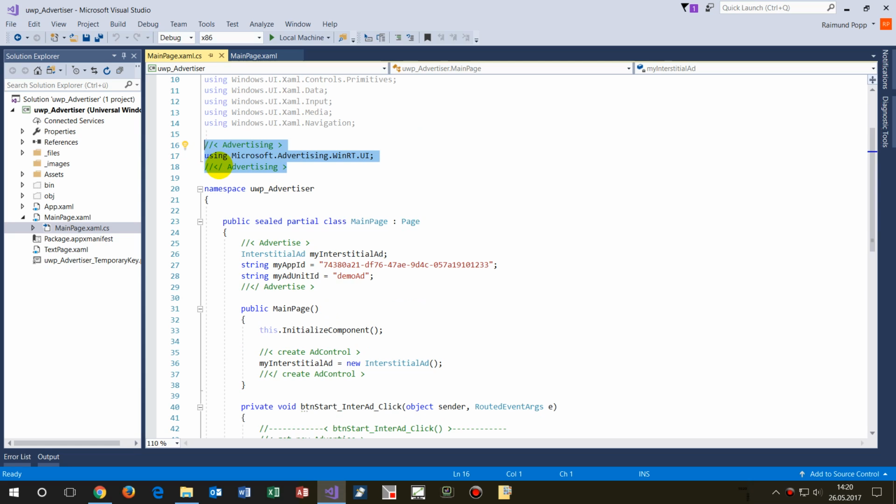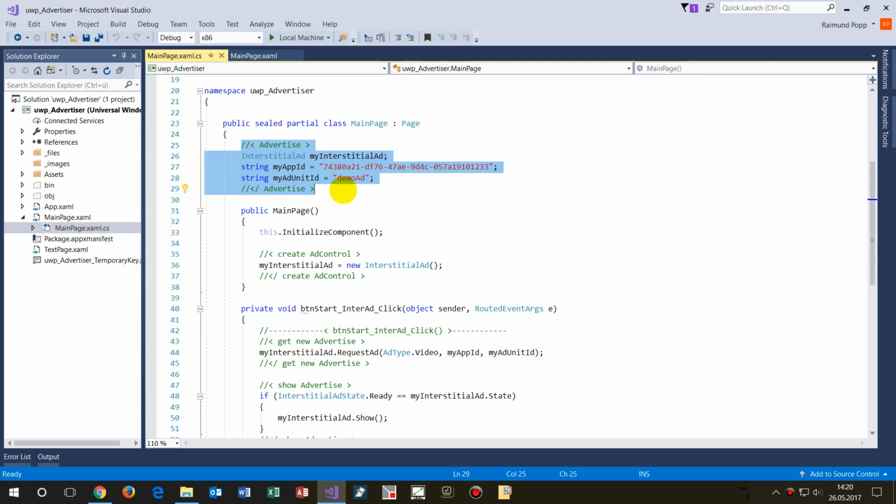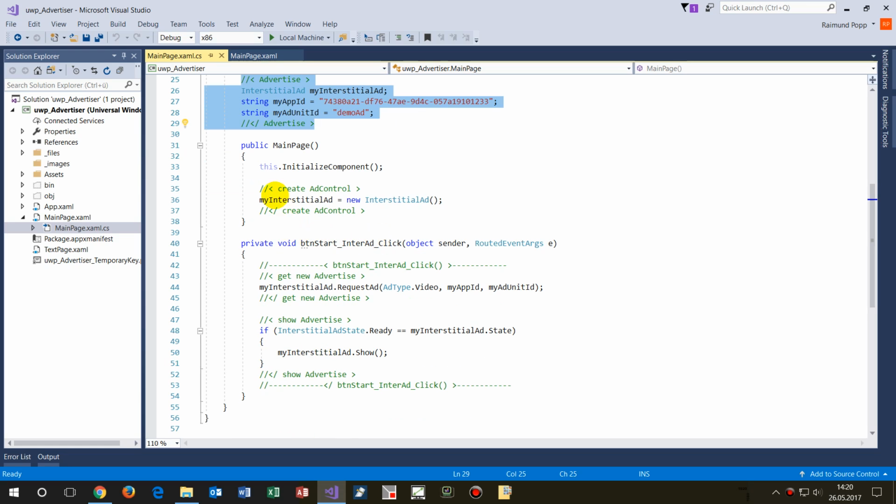Go there at using Microsoft.Advertising.WinRT.UI, and then make a private declaration for the interstitial ad. Give it the test number and the test AdUnitId, and then at the beginning,